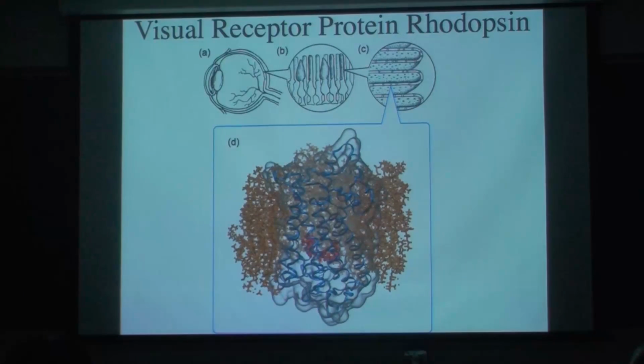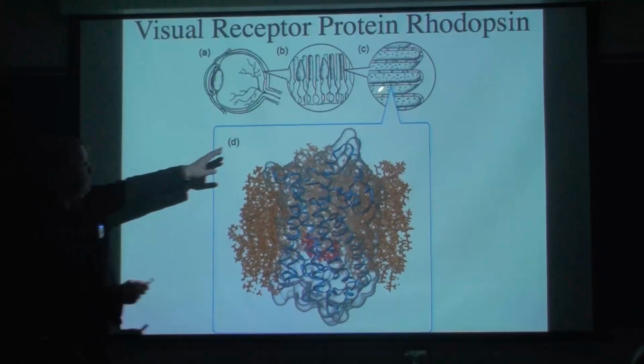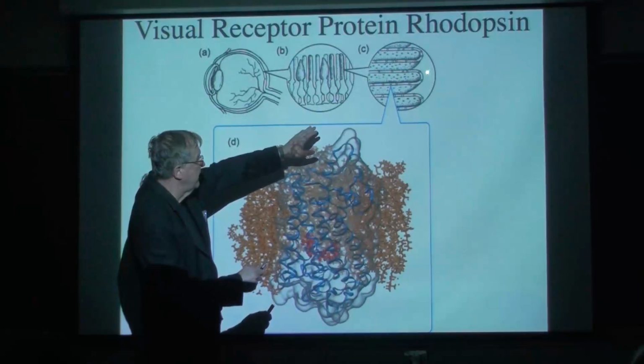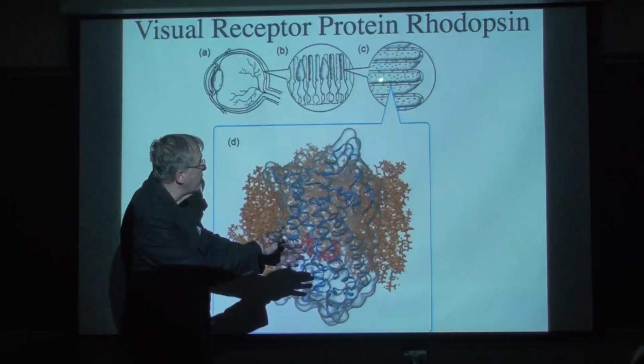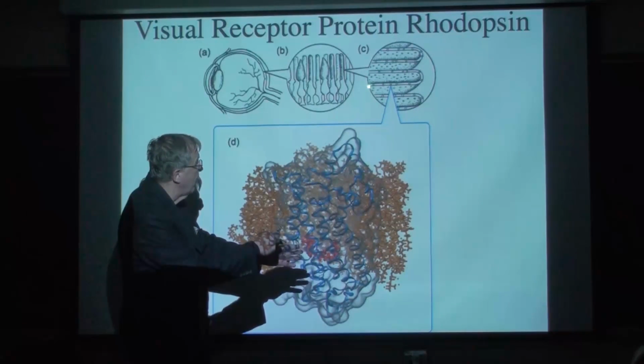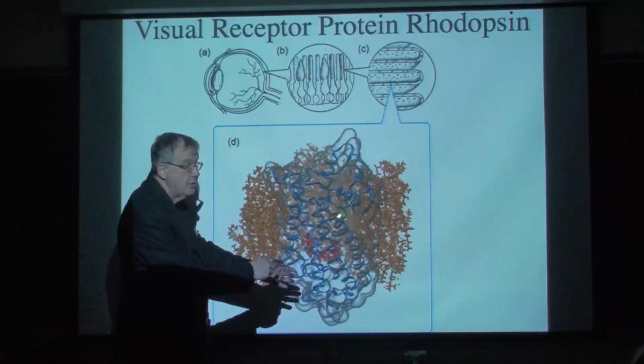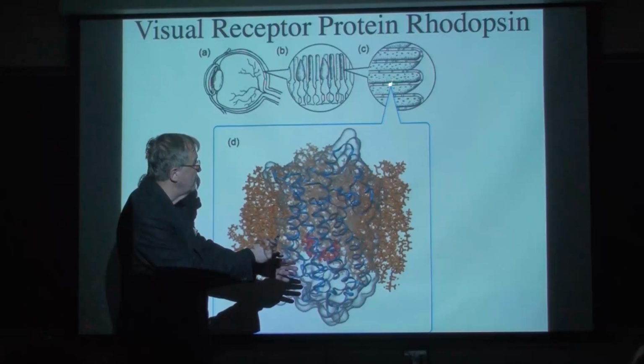Okay, so this is actually the protein in the eye. It's called rhodopsin. You see here the membrane, and you see here the eye. You see here the rods and cones, and inside of these you see all these structures. They look like pancakes, but the pancakes are hollow inside. The pancakes are made of a membrane, that is the top membrane, and the bottom membrane looks like one round pancake, hollow inside. Inside of this membrane around the hollow pancake is where these molecules sit,